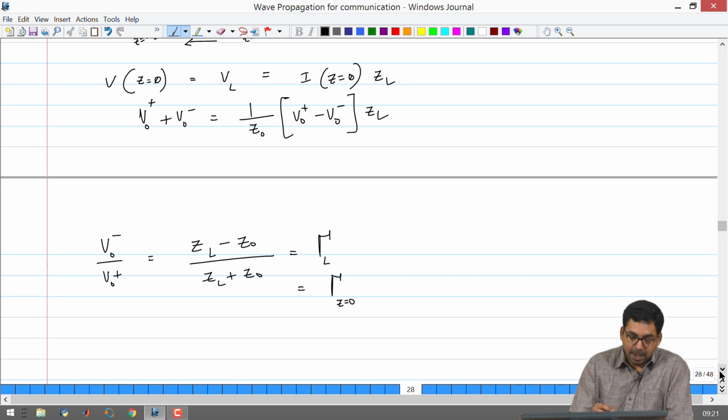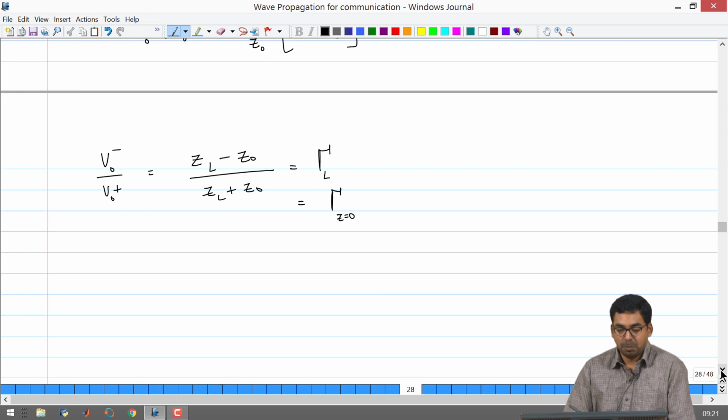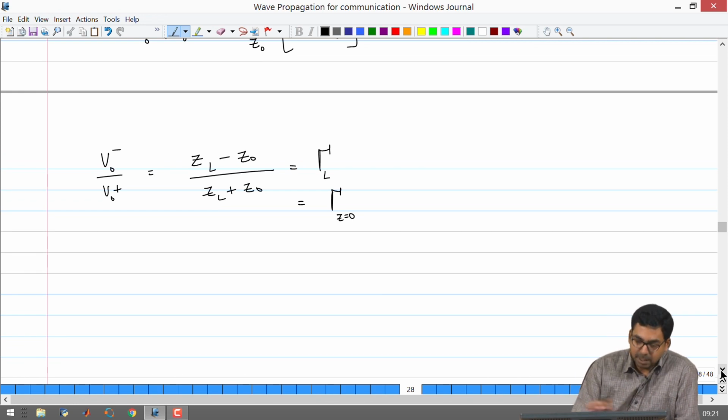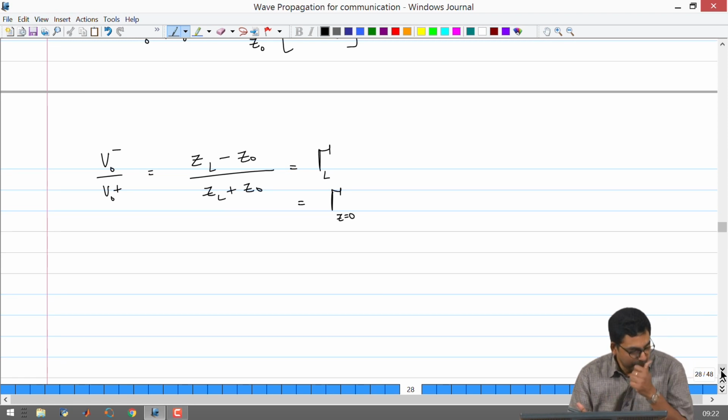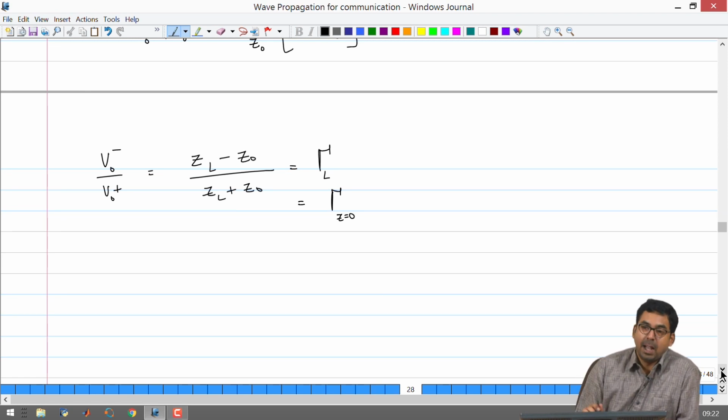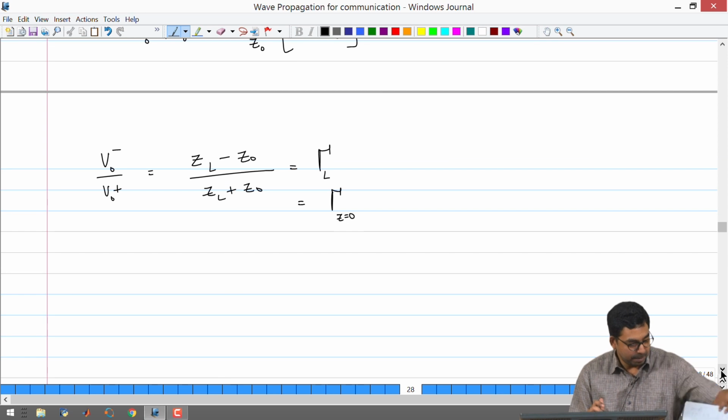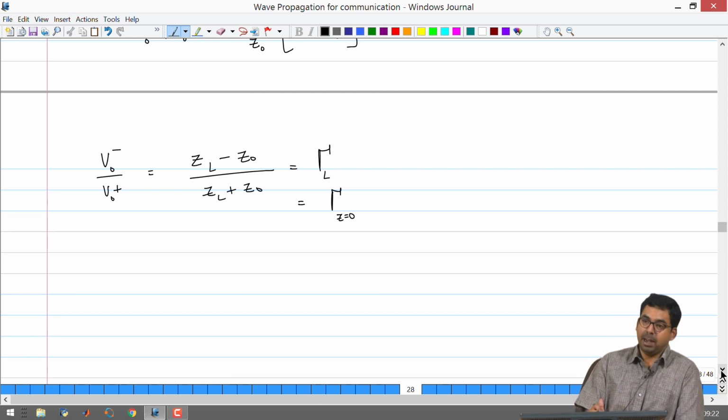The other thing that we need to start looking at is what will happen in the transmission line when the termination is extreme. Say, for example, a short circuit or an open circuit. These are the two cases that we have seen for the DC excitation. You will see the same case, and on top of that there is something funny happening with respect to the impedance in the transmission line. We will have to look into that. So we will start with the case where the transmission line load end is open circuited.